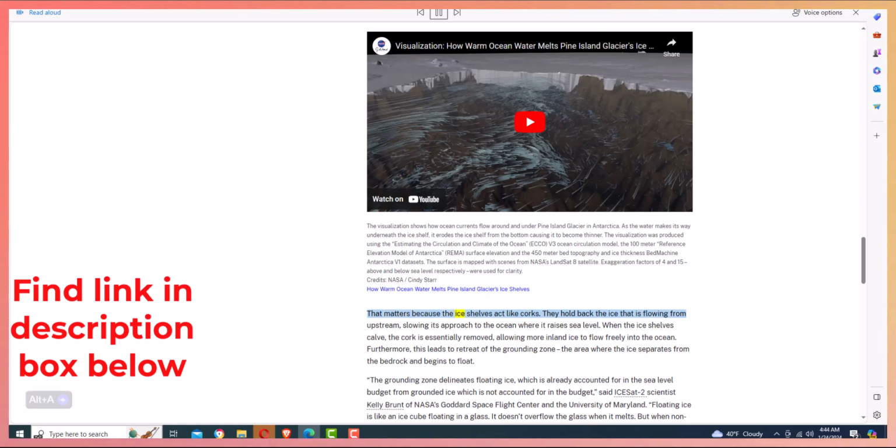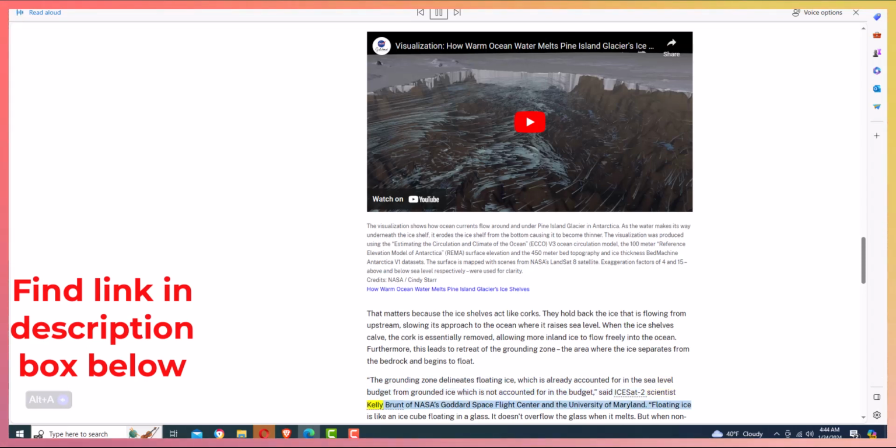That matters because the ice shelves act like corks. They hold back the ice that is flowing from upstream, slowing its approach to the ocean where it raises sea level. When the ice shelves calve, the cork is essentially removed, allowing more inland ice to flow freely into the ocean. Furthermore, this leads to retreat of the grounding zone, the area where the ice separates from the bedrock and begins to float. "The grounding zone delineates floating ice, which is already accounted for in the sea level budget, from grounded ice, which is not accounted for in the budget," said ICESat-2 scientist